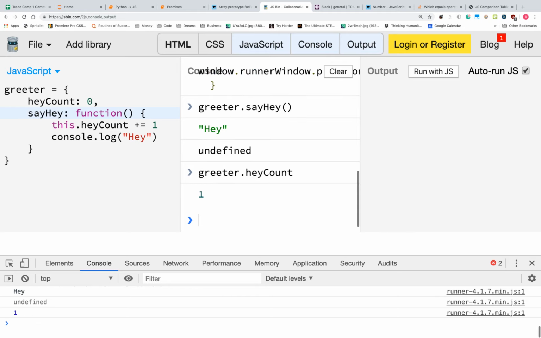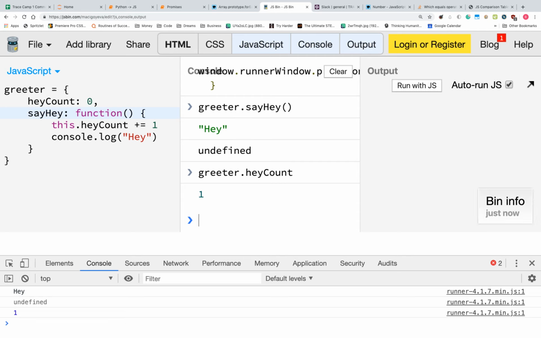Hey, count is 1. Right, so this is essentially running as an object. We defined a method, say hey, here. See our function there. We have this count. This is going to be very similar to self in Python. I'm sure that analogy will break at some point, but that's where we'll start. We're console logging hey,